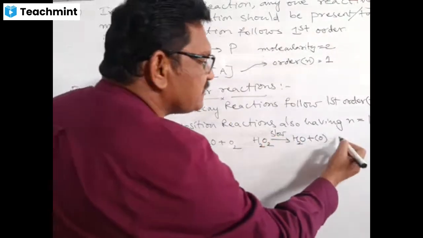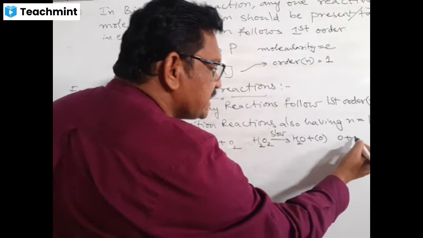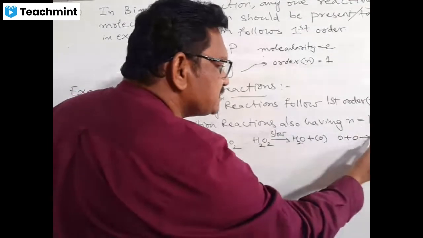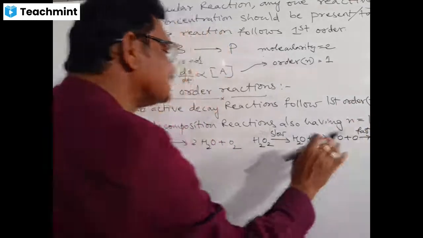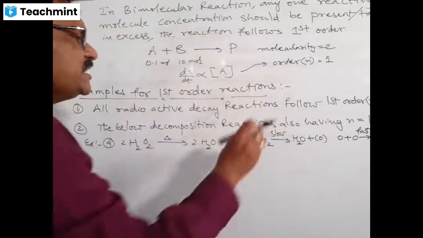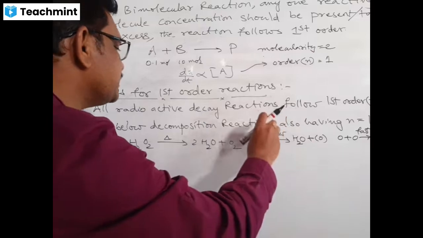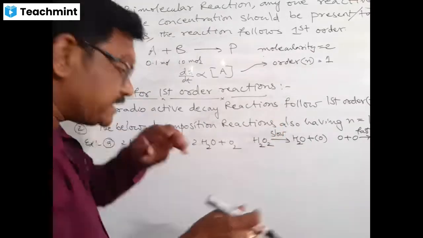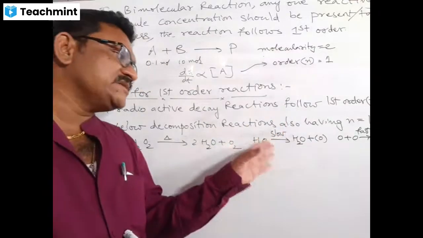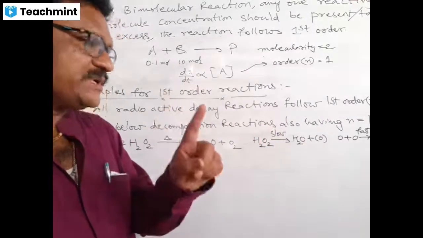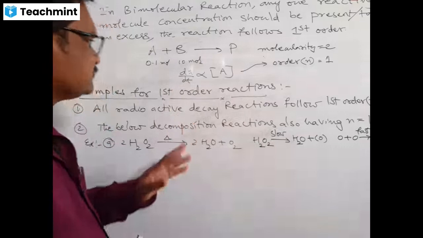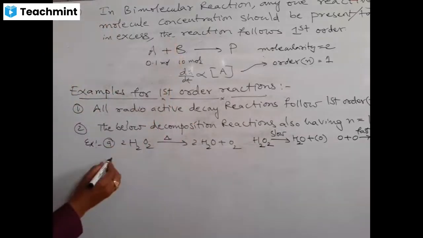After that, what happens? This nascent oxygen again combines with other nascent oxygen and becomes O2. This is a fast step. We ignore the fast step. You count only the slow step, and the step on which the rate depends is called the rate determining step. In the rate determining step, only one molecule is involved. That means rate is altered by one hydrogen peroxide. That's why it follows first order. Then B,